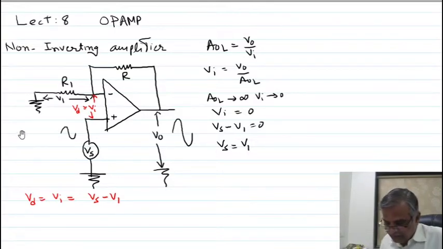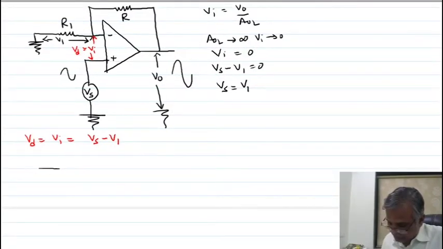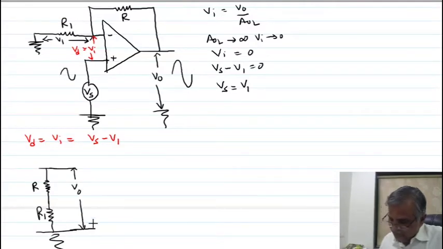Now I am deriving the equation of gain of the circuit. Look here, the output section I am showing you is a resistance R, this is a resistance R1, and this is your ground, and this is your VO. You can see in your circuit. This VO from this end to ground, this ground, this is the same point. So VO is between R and R1. Now you mention across R1 what is the voltage? V1.